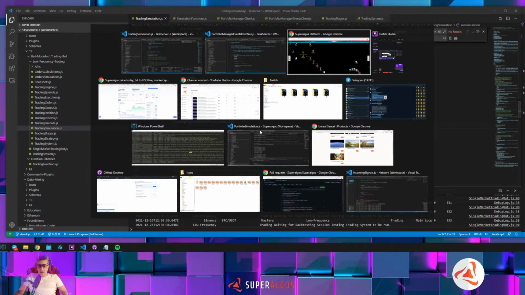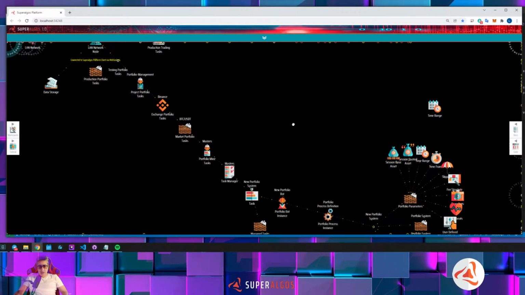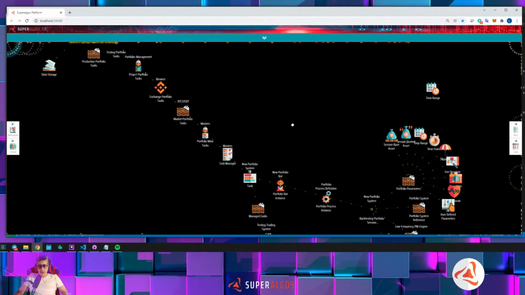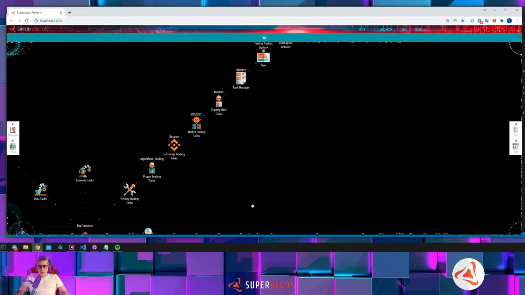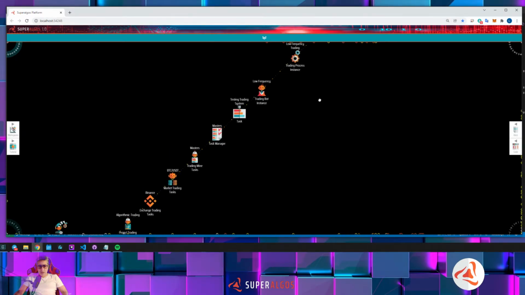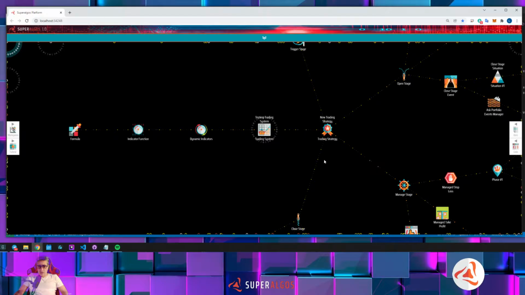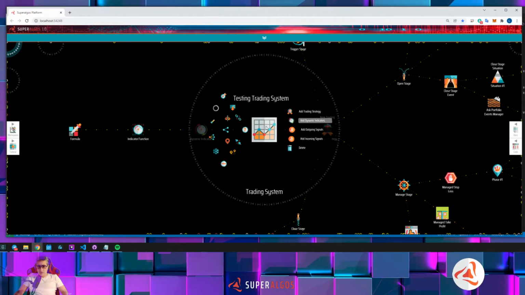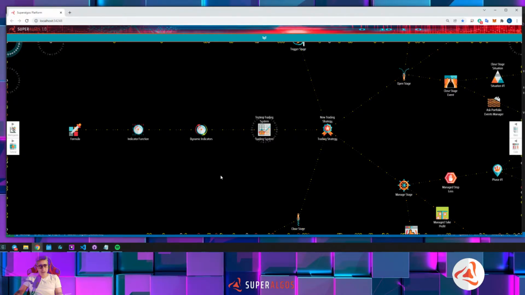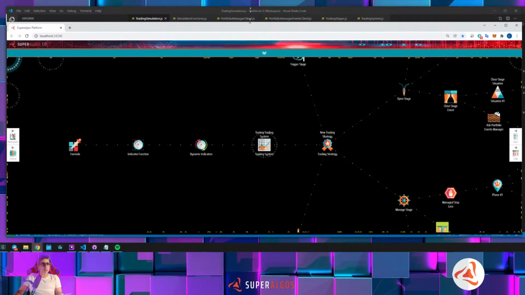So at the UI, I will need to make a change, not at the trading bot, but here at the trading system. We were supposed to add a new type of node here, but I don't see it in the menu. I don't know if it is because I haven't loaded this yet, or reload probably. So let's reload the UI,